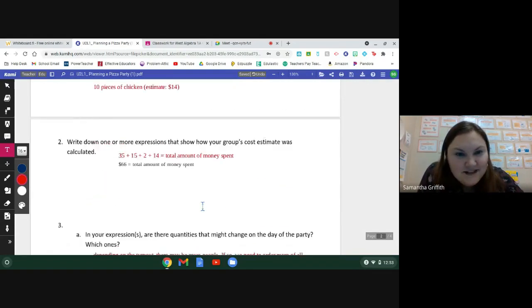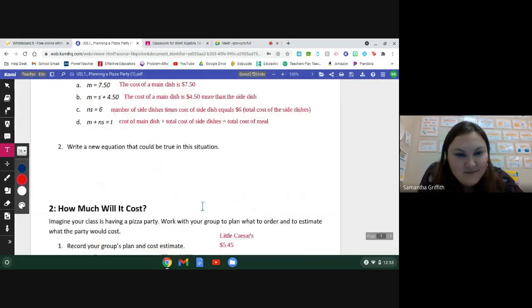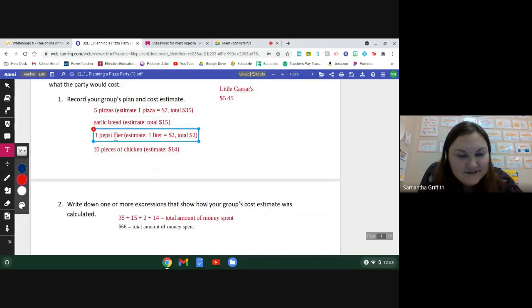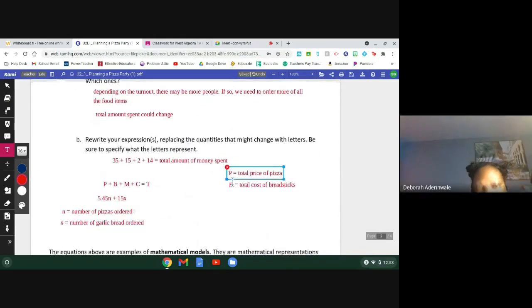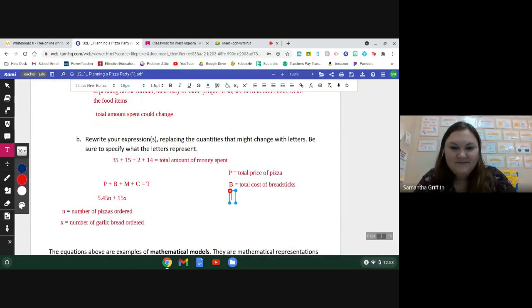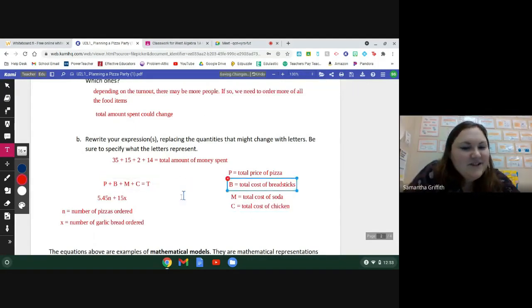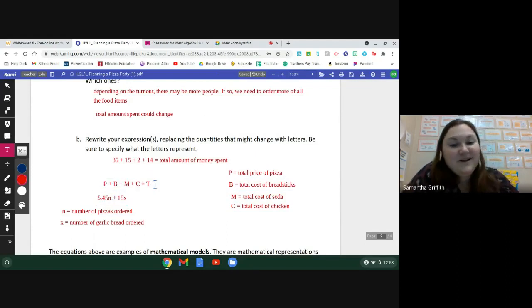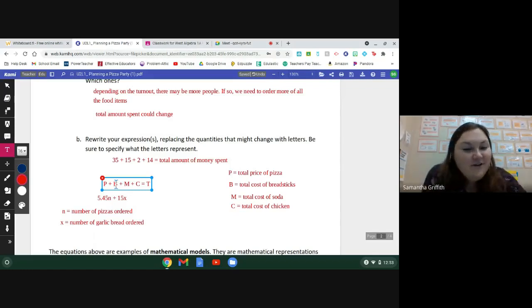For M and B, let's wrap this up real quick. M was that our soda? Yeah. So M represents the total cost of soda. And then the C was, I remember, the total cost of chicken. So similar to all of these, we could keep representing them with those numbers, or this one equation here that's got no numbers, all variables, but it's still telling us how we would find that total cost. So that if on the day something changed, we would be able to make those changes in